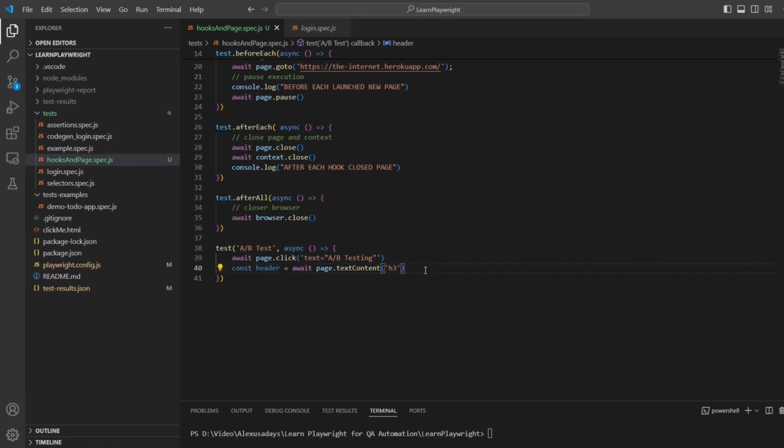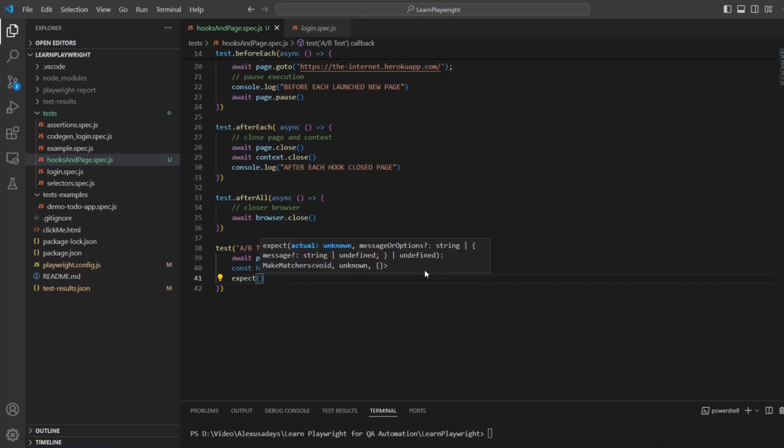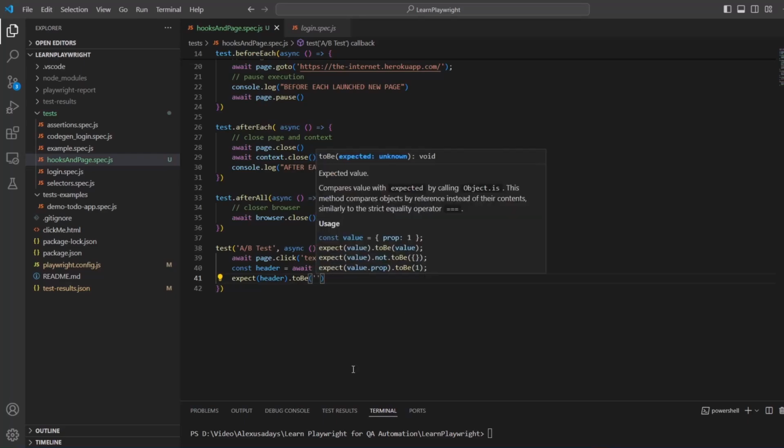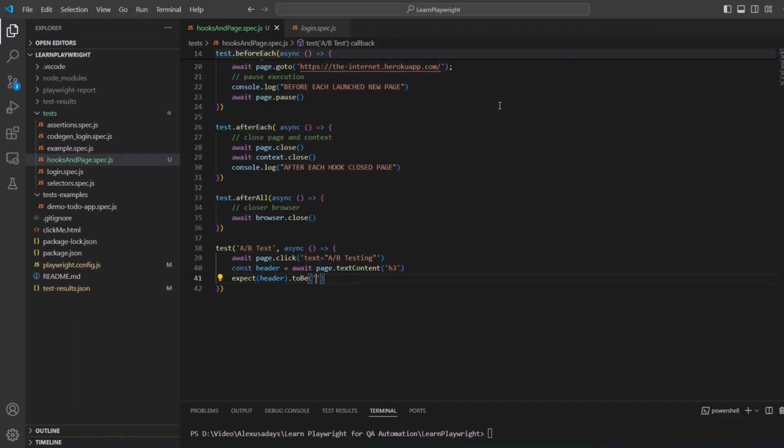Okay, and here we will do assertion. So expect header to be, and we need just to copy the text that we verified. So A/B test control. Okay,